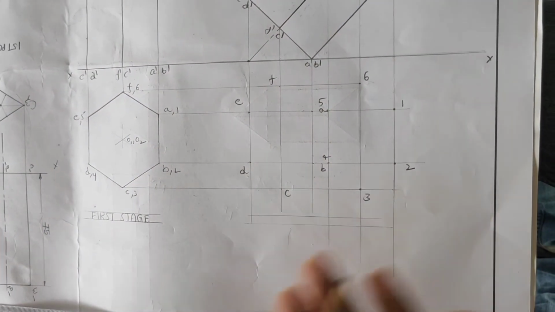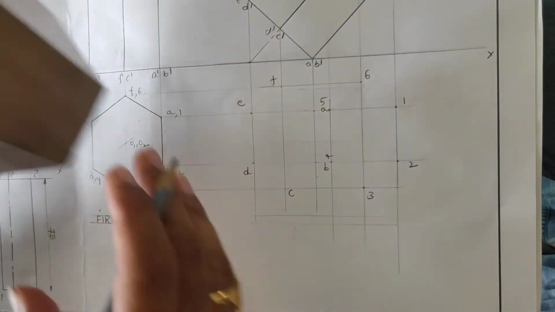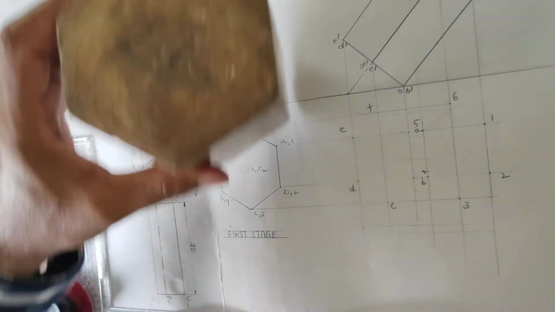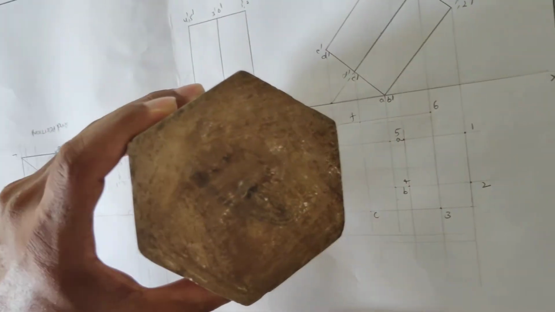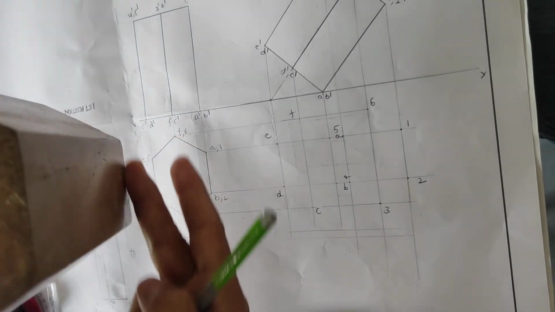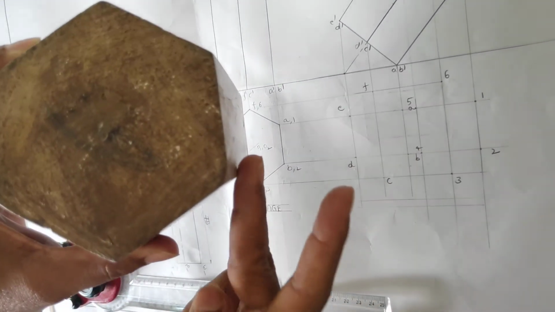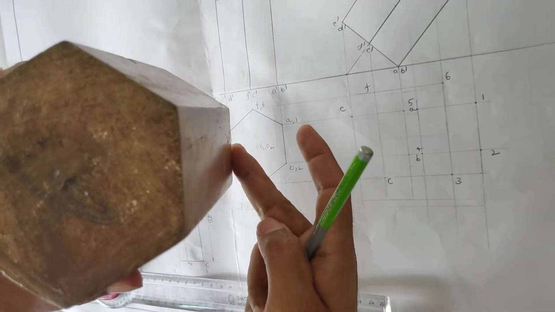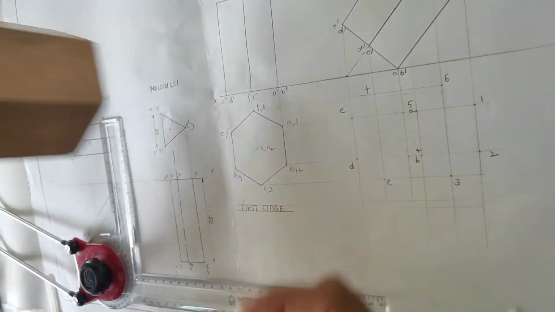Now here, what are we able to see and what are we not able to see? For example, this is the prism I have taken, and the axis is making an angle. Now when I am seeing from the top, this is the edge I can't see, and this straight edge I can't see, and this straight edge I can't see. Due to that reason, this will become a dotted line, this will come as a dotted line, and this will come as a dotted line.